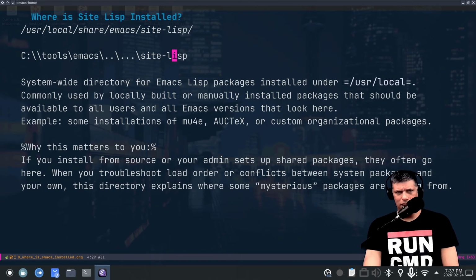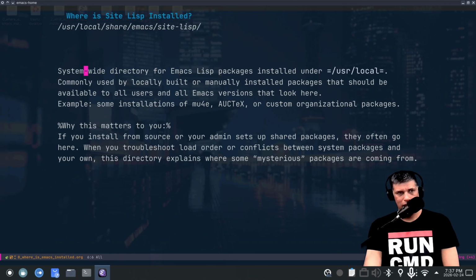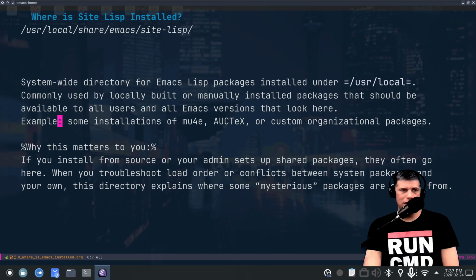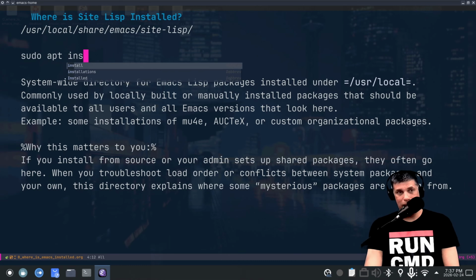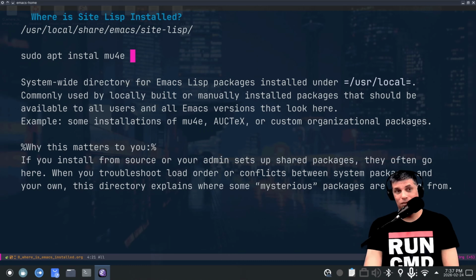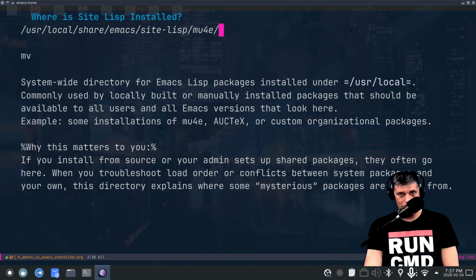And so that is, maybe you might find it actually within the system files. You don't find it somewhere else. If you install it on Ubuntu, it's going to be installed in here. And this is relevant because sometimes you'll install some packages like sudo apt install mu4e, your mail program. You might install that. And if you did, it would put it up in here, and you might want to move it. You might want to move that from this directory